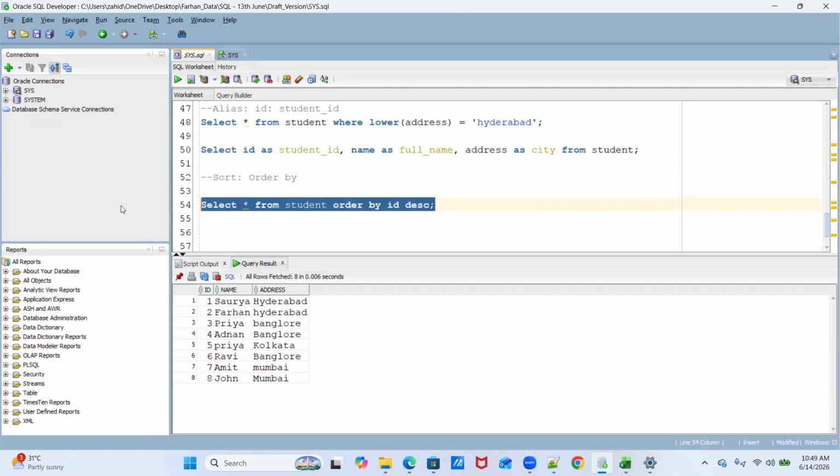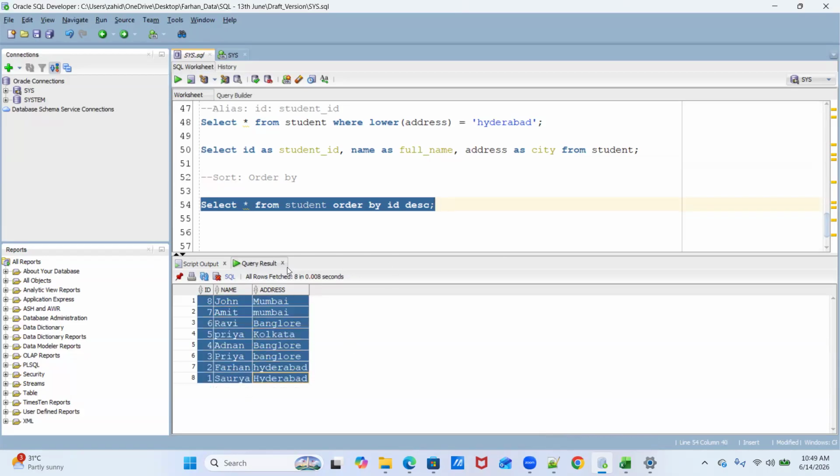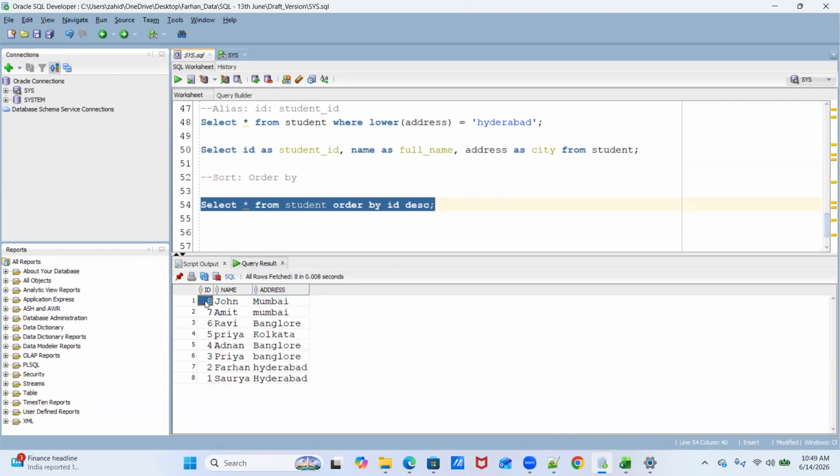So let me execute it. Now see all the data converted in descending order. So the last record, whatever we were getting as ID 8, now we are getting it at the top. Similarly for other records as well.